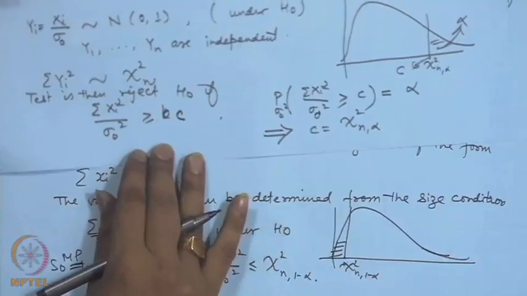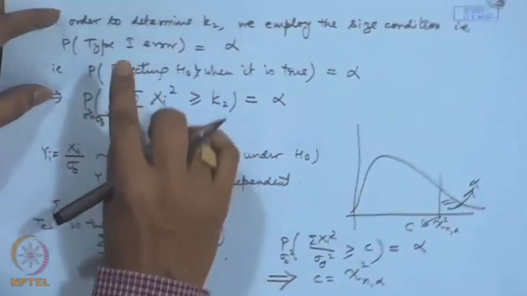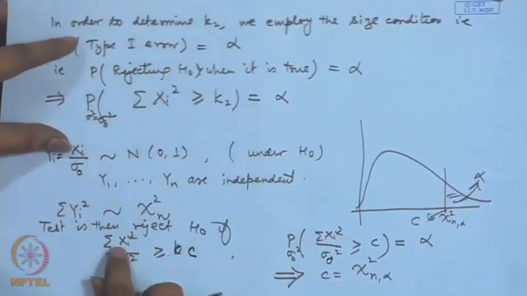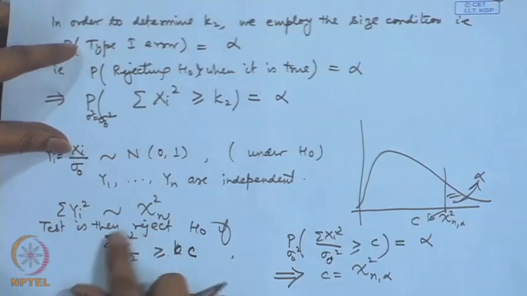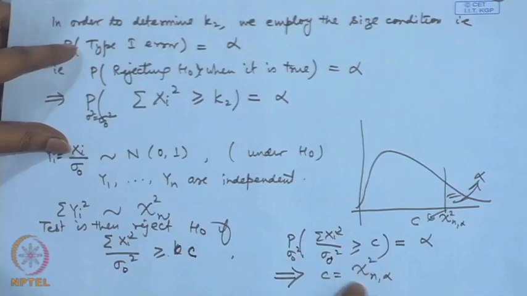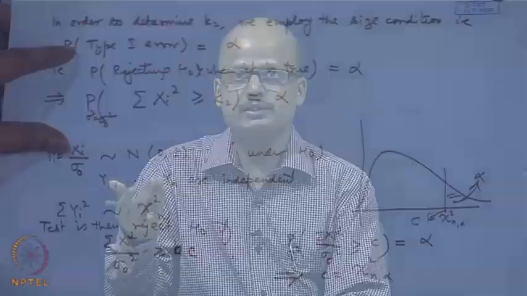In this particular example, we are getting the observations x 1, x 2, ..., x n. So, given the observations, you calculate sigma x i square by sigma naught square and compare it with the tabulated value of chi square n, alpha. Suppose alpha is equal to say 0.05 and n is say 10, then you consider the corresponding value of chi square 10 variable on 0.05. This value will be given in the tables of chi square distribution,